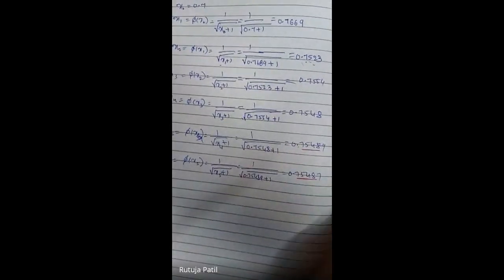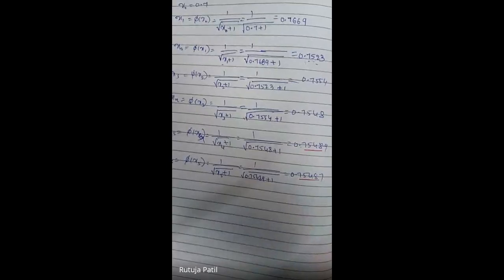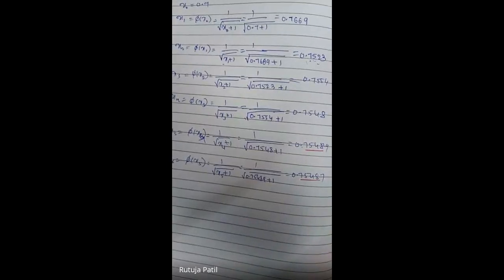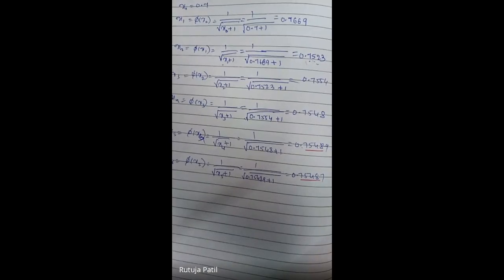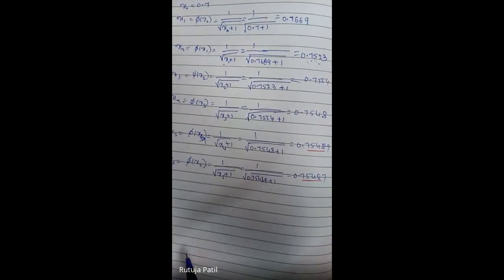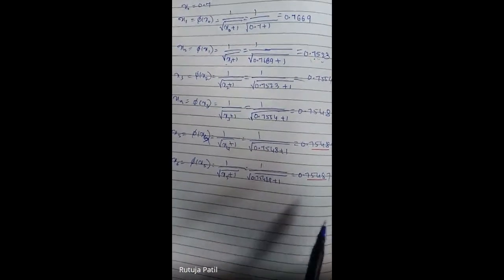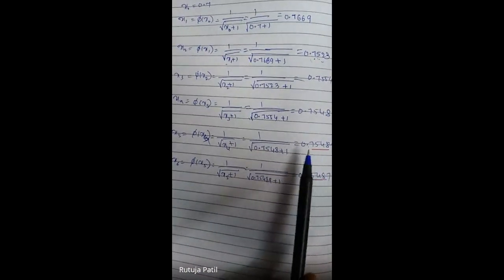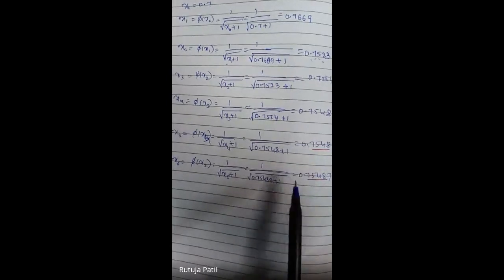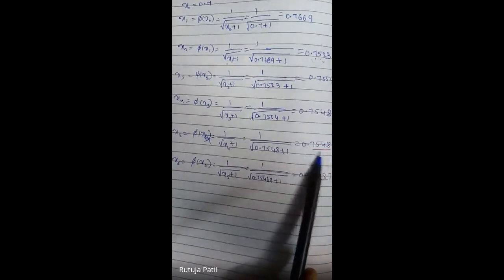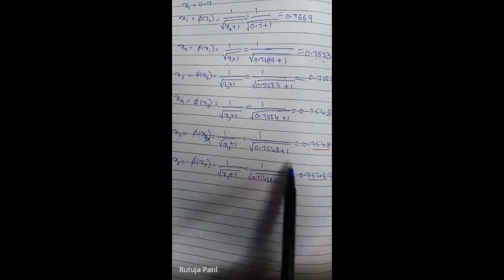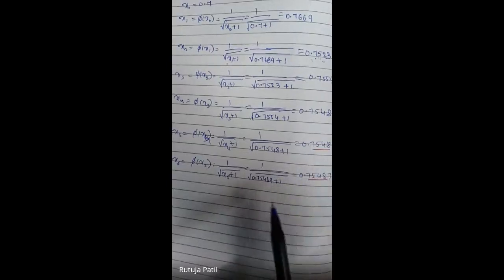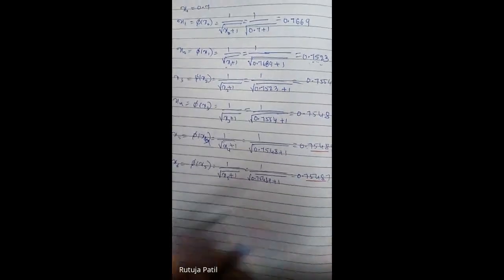So at this point I need to stop iterating through the steps, and I need to declare the answer after 6 iterations, and the root value which is corrected to 4 decimal places. See, this is the decimal point, right? So after the decimal, 4 digits have to be the same. 7 is 7 same, 5 5 same, 4 4, 7 8 8 are same. Okay, so therefore